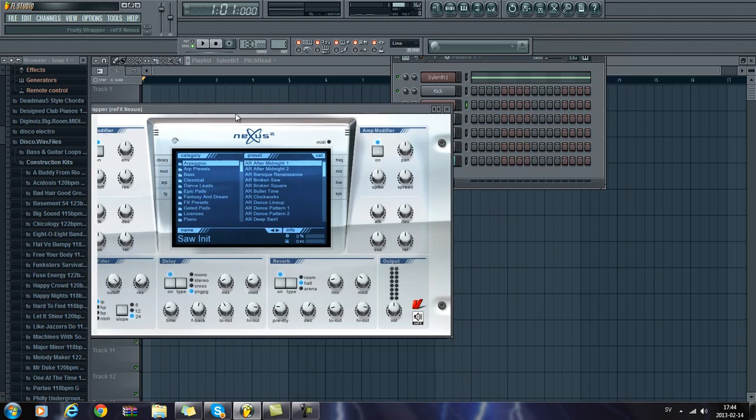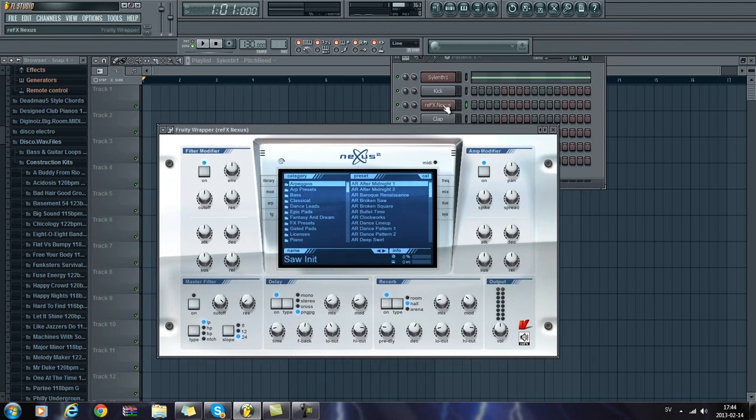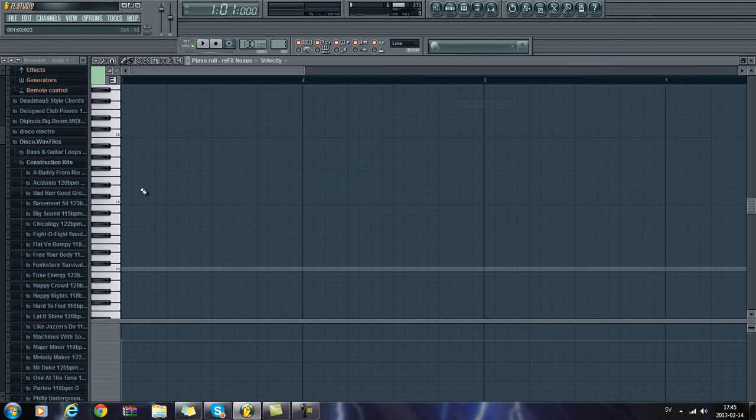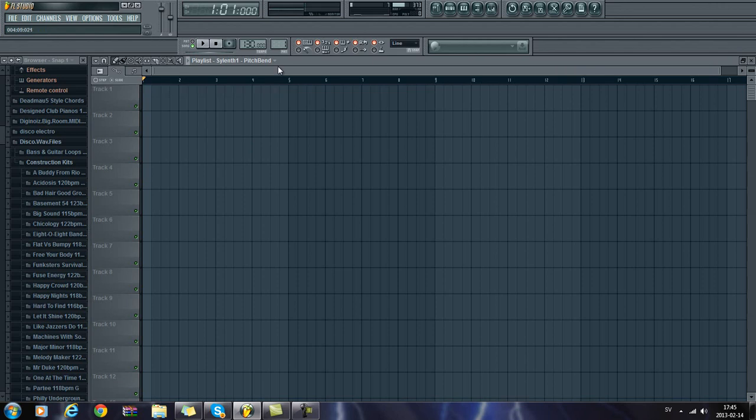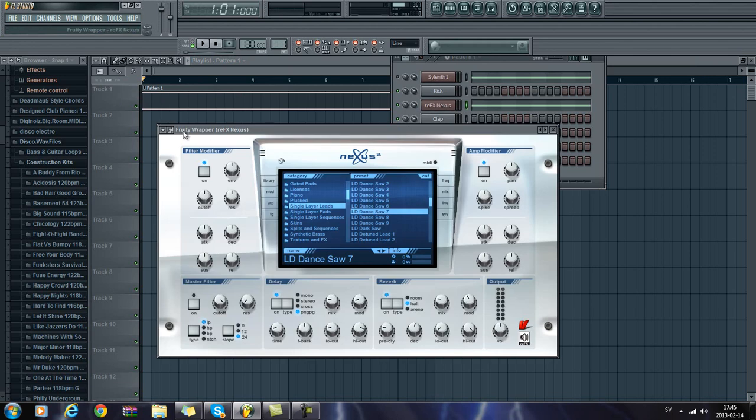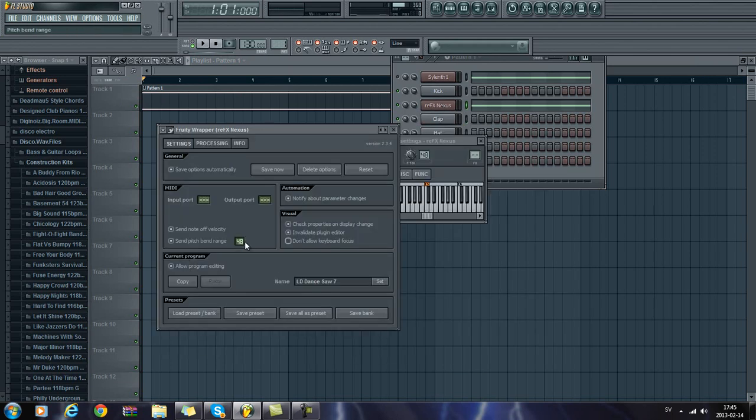In Nexus you have to do it in a kind of a different way, a little different. So let's just find a sample that we can use. Okay, let's try with this one. Okay, and then you go in Nexus. You have to do the same thing. I've already said it here, but it's of course send the pitch bend range, and you have to pull it up to 48,